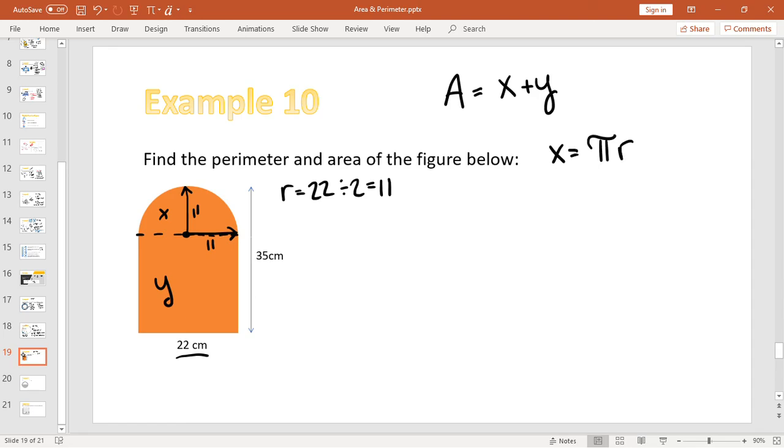Pi r squared, 3.14. I'm going to use that 11 and squared. I make sure I do that math first. I can't stress that enough. And then I finish off